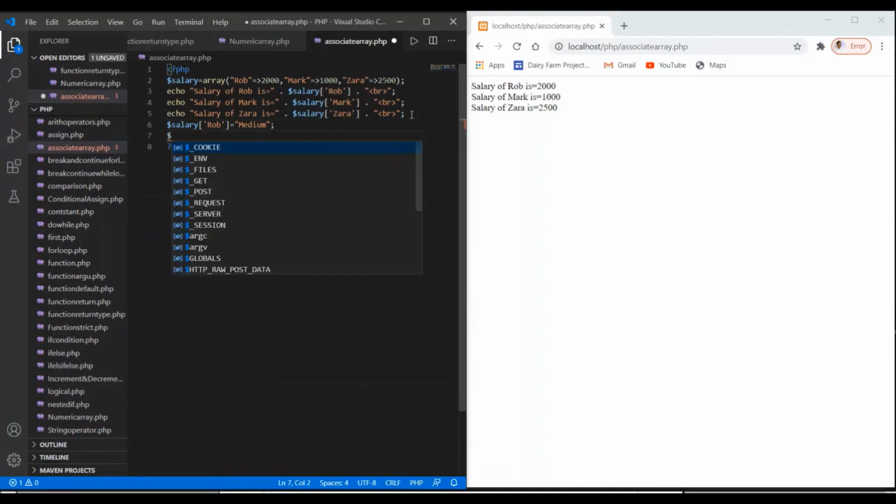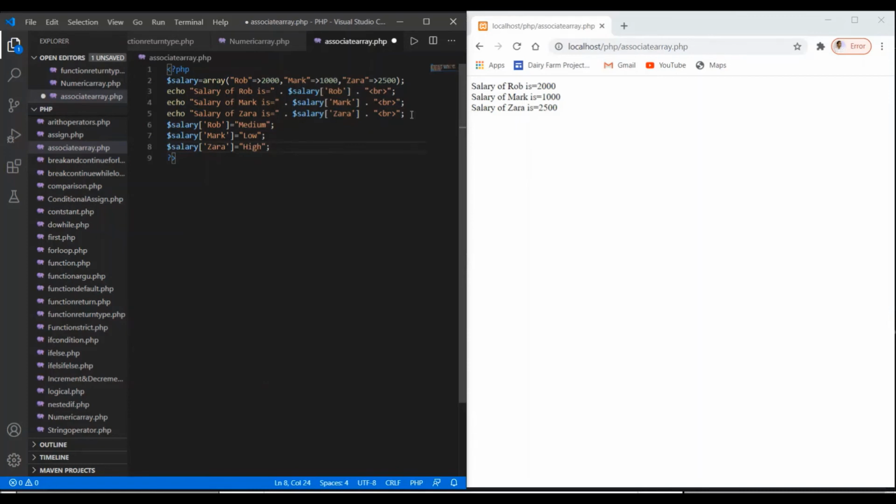Another way, I'm using salary here again, and this time I'm using the index Mark, and to this I'm associating a value, say low, and put the semicolon here. And at the last I'm using salary, and this time indexing it as Zara, and to that I'm associating a value, say high, and at the end put the semicolon.